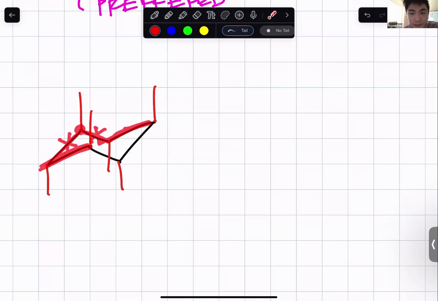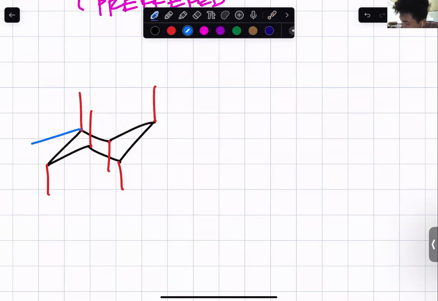Those are the next set of bonds right there. The equatorial bond is going to be parallel to those bonds, in the same direction as those bonds, going down like that, right? It's not going to go here, which is still parallel to those bonds, because this right here is going up. If you draw that bond, it's going up, and we don't want that bond going up. So this is going to be the equatorial bond going down like that, which is parallel to this bond and that bond. Okay. Any questions on how I got to this equatorial bond?